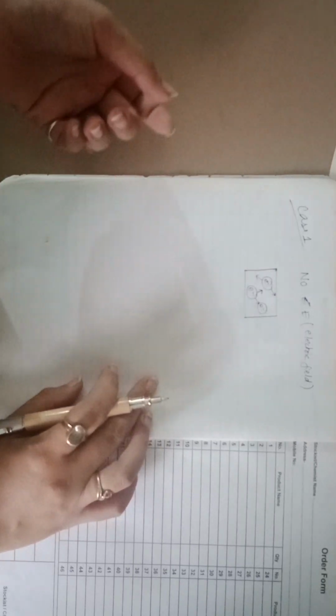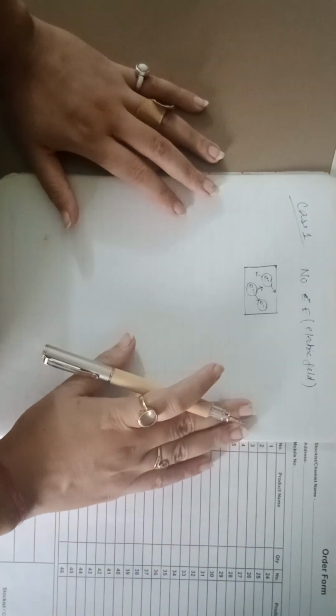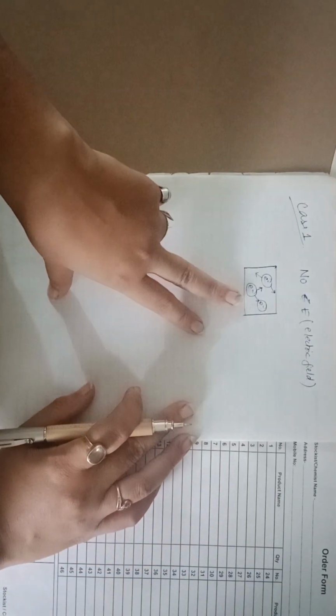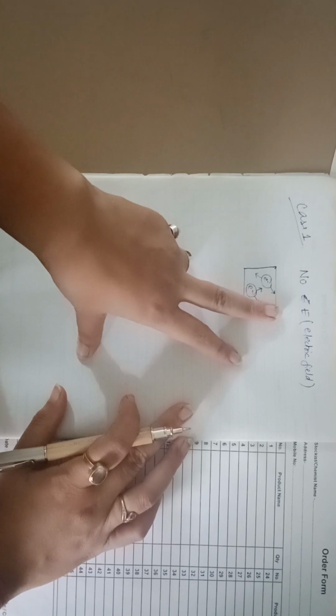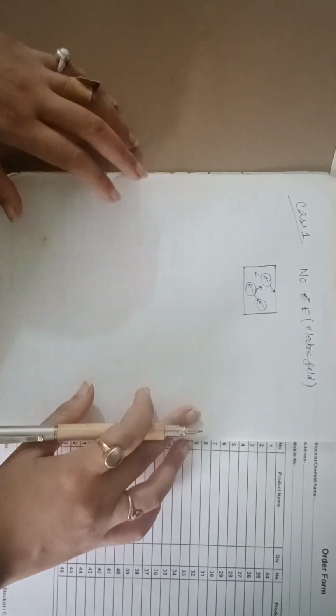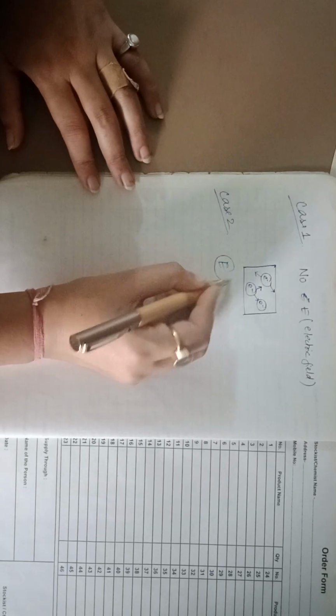So their speed will be the same, but their directions will be different. When we combine speed with direction, it becomes velocity. So we can say that the average velocity in this case is 0. If velocity is 0, then there will be no electric current. No electric current will be produced in this case, since there is no electric field. So directions will be cancelled out. They are just moving due to thermal or heat energy. Now let's say case 2, where we are applying an electric field.